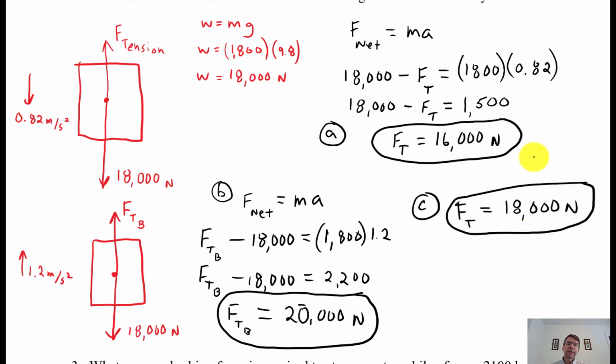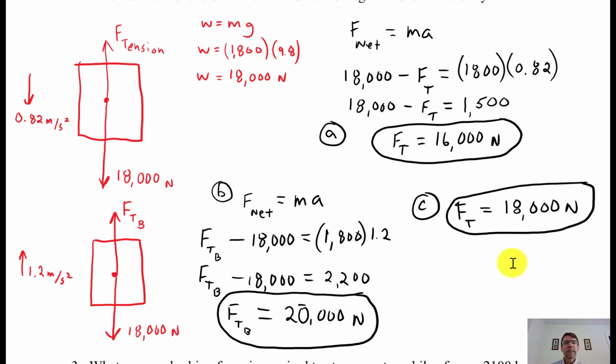Now, let's think about this a little bit. Like in part B, if the elevator got up to its speed, whatever speed it needs to get up to, because there was this big force, and then through the mechanics of the motors or whatever, now what it does is it changes the tension in the rope from 20,000 to 18,000, and the elevator will maintain its speed. Once it's already up to speed, it will maintain its speed because the F net is 0, but it will be the constant velocity, like in Newton's first law. If there's no net force, no unbalanced force, it will maintain that velocity, whatever it was, 5, 10 meters per second, whatever elevators